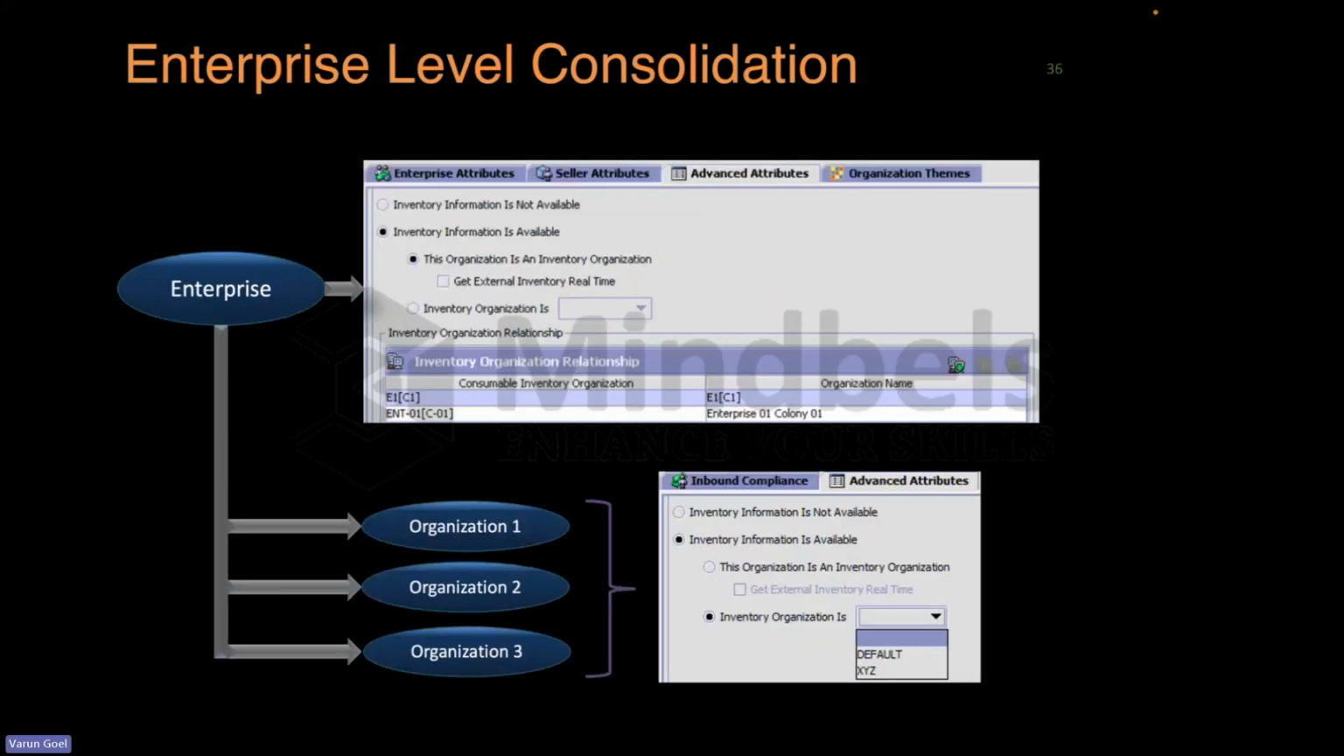Enterprise level consolidation. So in enterprise level consolidation, I think I have already talked about all these things. You maintain that inventory is available on that enterprise, and then that enterprise can have three different organizations, and you can also say that the inventory organization is maintained at this particular organization. So for example, as your Ralph Lauren apparel business, you choose that inventory automation is available, but maybe